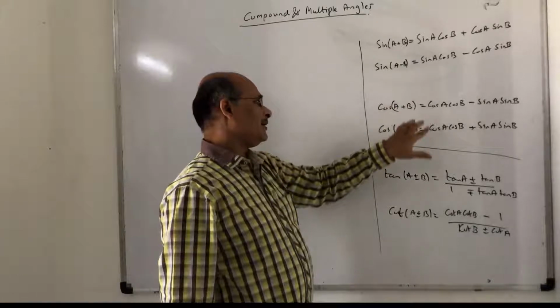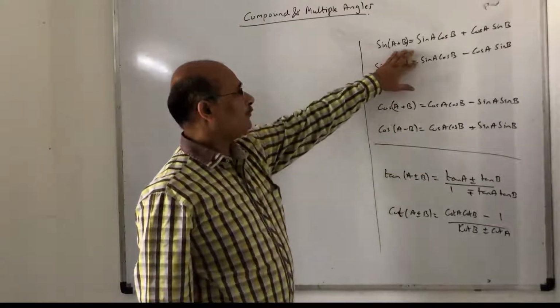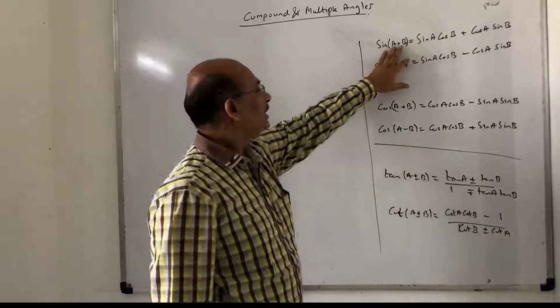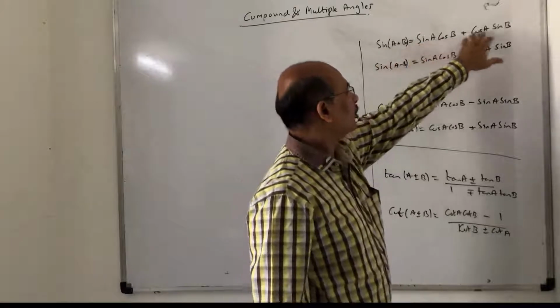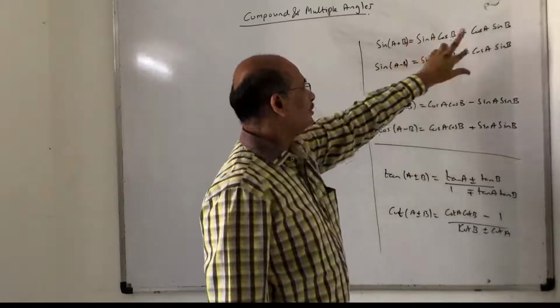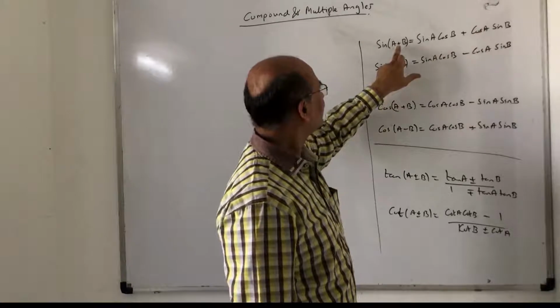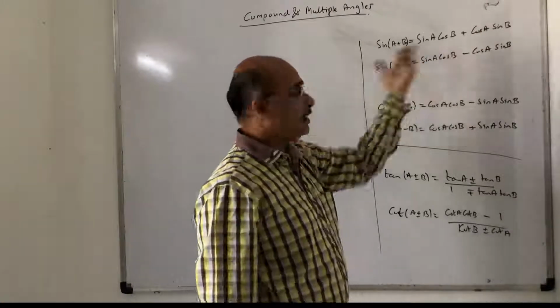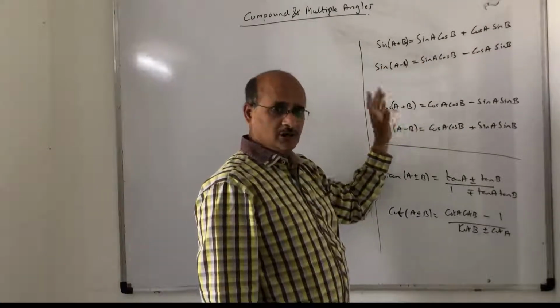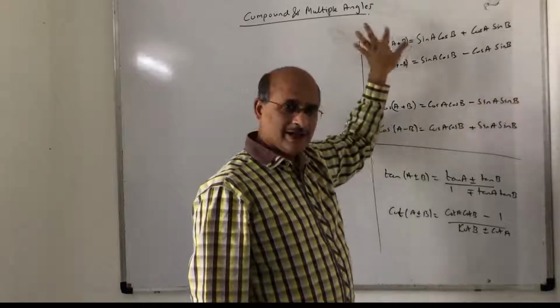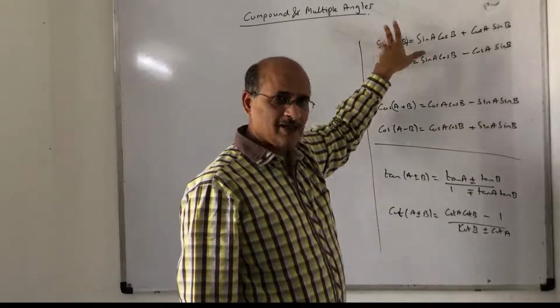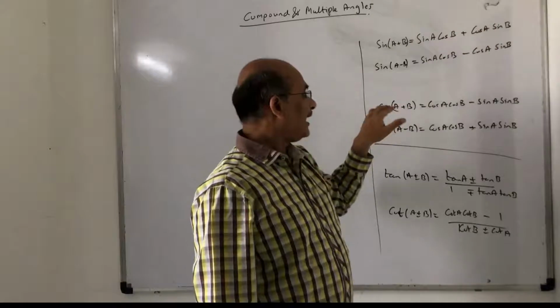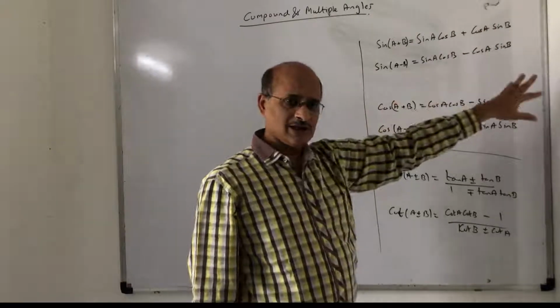This is the addition and subtraction formula. Addition of two angles. So sin(A plus B) is given as sin A cos B plus cos A sin B. So sine cos and cos sine. The same sign, plus to plus, minus to minus. But when it happens to cos, it will be cos cos sine sine. When it is addition of two angles with sine, it is sine cos cos sine. And with addition of angles with cos, it is cos cos sine sine.